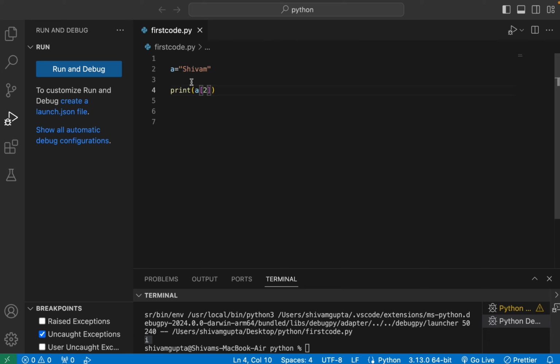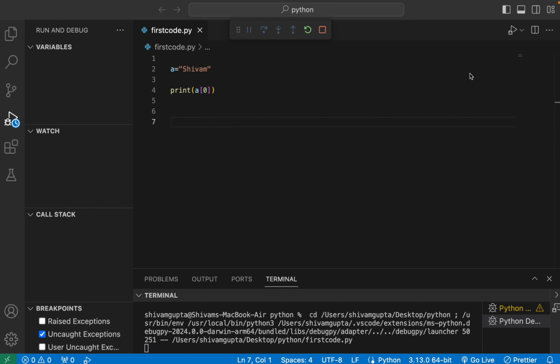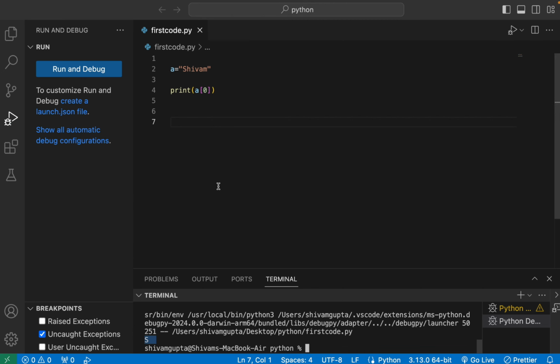Now, for example, if I want to print S over here, I will write 0 and simply run this. And here you can see that we have got our first letter, which is S. Now, if I want to print M, so